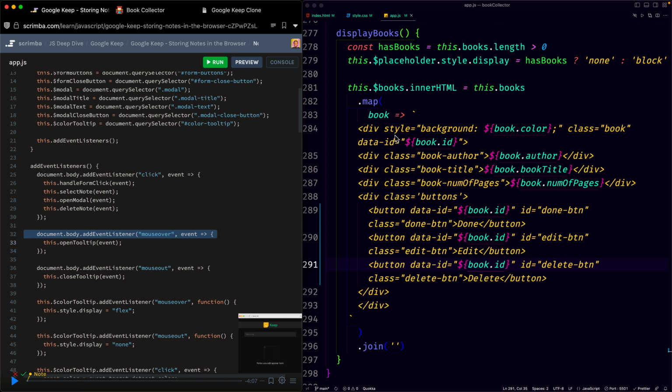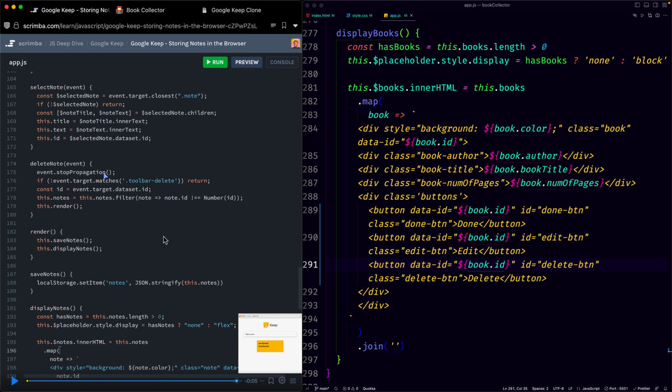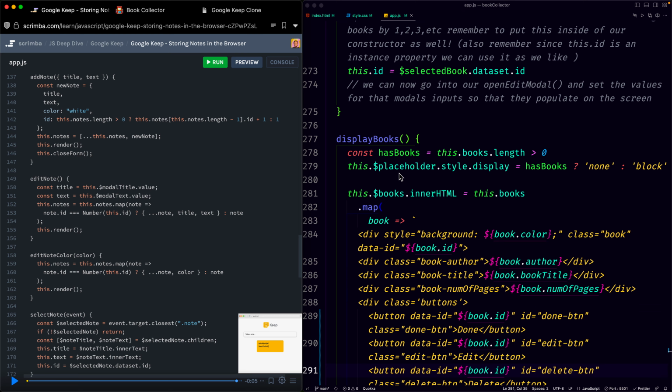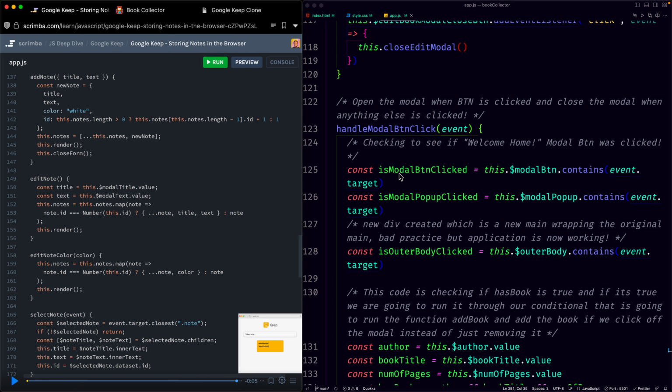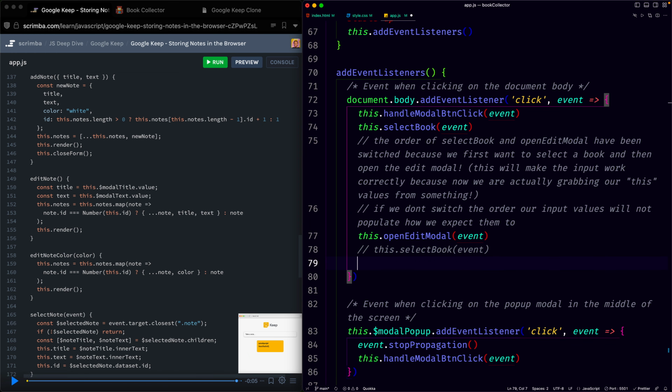So when we mouse over the body, we get the mouse over event, and then we get the event called this.openTooltip. And then this.openTooltip right here will run if the event target matches the dataset ID. They use the next element sibling, but we're not going to use that. So we can actually go to the end here because we're not going to use that at all. So let's go ahead and do that. So since we're not using the mouse over like them, I'm going to do something different because it is my app. We are going to actually say this dot,